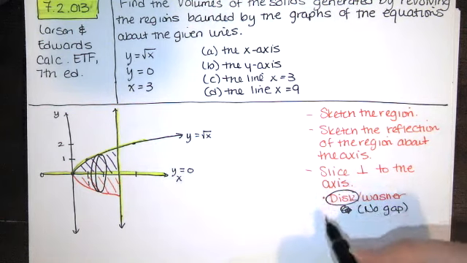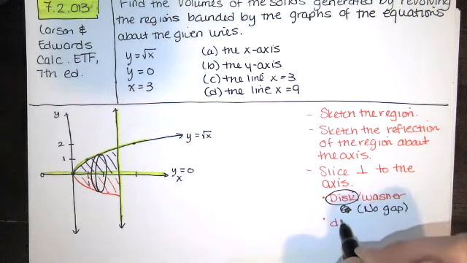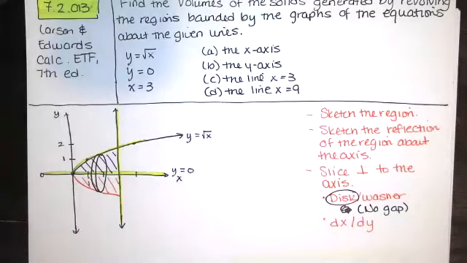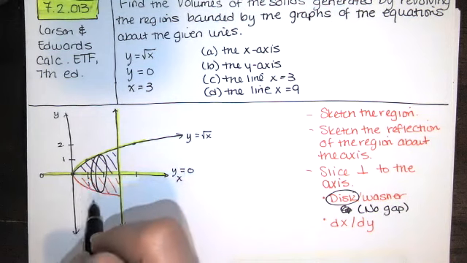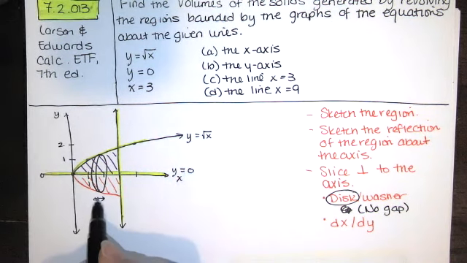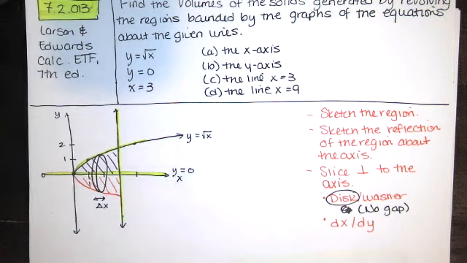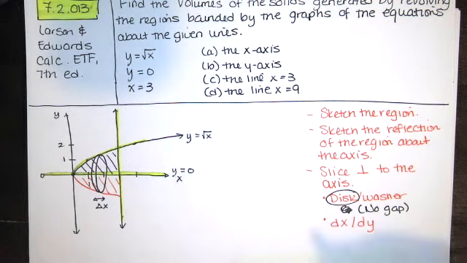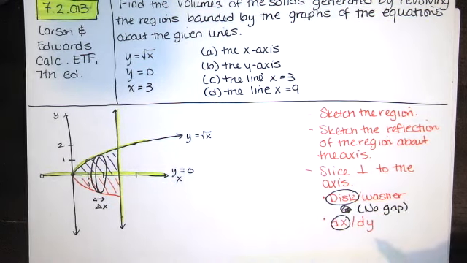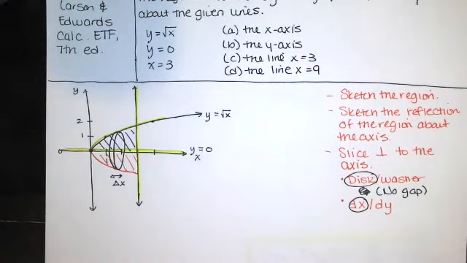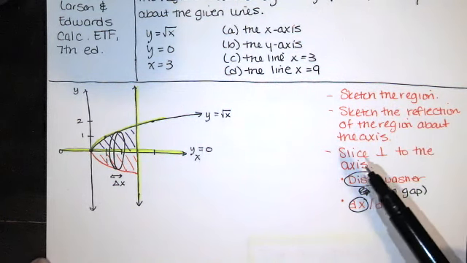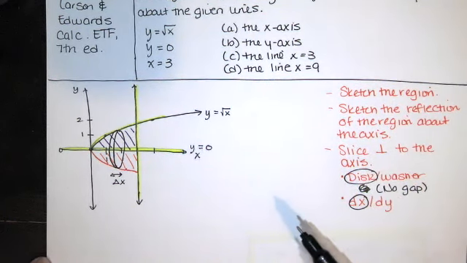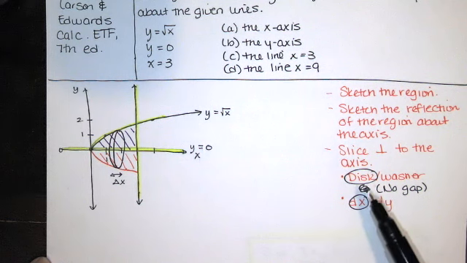And then we're going to decide whether we're integrating with respect to x or with respect to y. And that has everything to do with the width of our little disk. That width is a tiny distance in the x direction, so that's a delta x there. So we're going to be integrating with respect to x. So after we sketch the region, sketch the reflection, and then slice perpendicular to the axis, and then we make our decisions regarding the disk or washer method or whether we're integrating with respect to y or with respect to x,